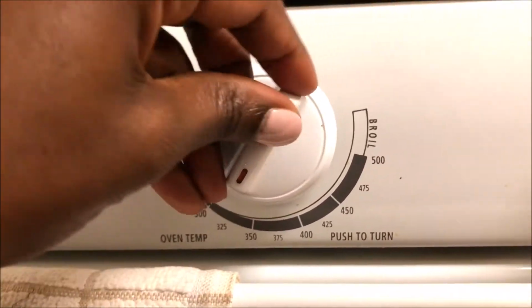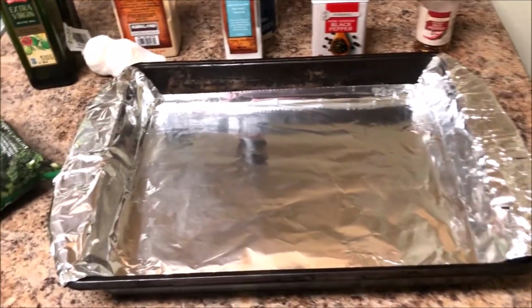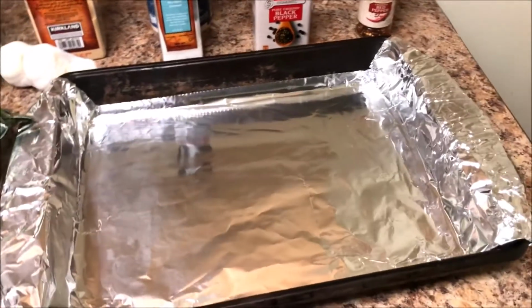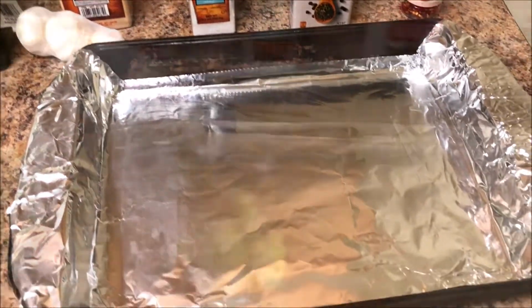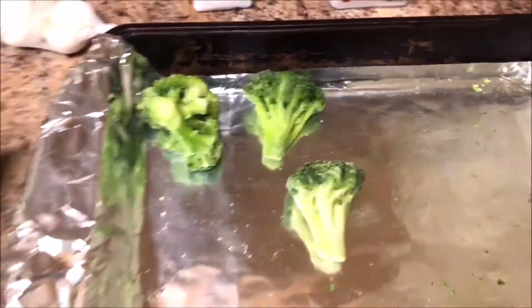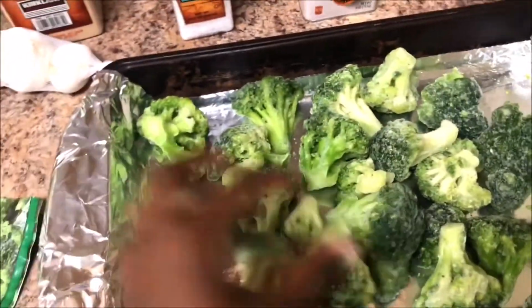Go ahead and preheat the oven to 425, 450. While that is preheating, I went ahead and lined a pan. You don't have to oil it because the olive oil is going on there. So I'm going to go ahead and pour the frozen broccoli onto the pan. I had little bits like the bottom of the bags, and I don't like that, so I had to pour it off of the pan. But now I'm putting the broccoli back on the pan, and I like to keep it frozen until I'm about to cook it. Then I'm going to grab some olive oil